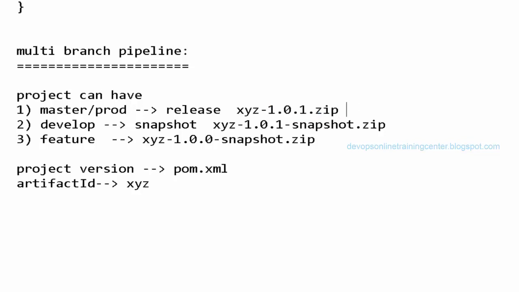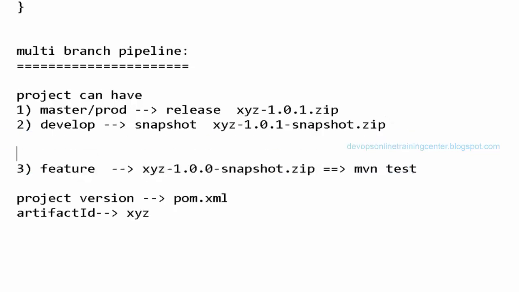If it is a feature branch, I can just build it, just execute mvn test, and don't upload it to Artifactory, because there can be multiple feature branches. If it is a develop branch, yes, we want to build it and store it on the Artifactory. So what do we need to do? mvn clean to clean the binaries and cache, mvn test to test it, then mvn package to create the package, then mvn deploy to deploy it to Artifactory or Nexus, right?